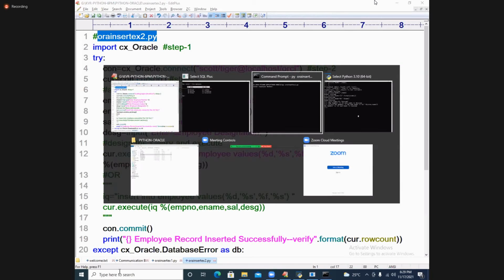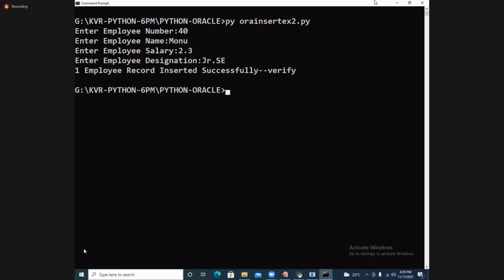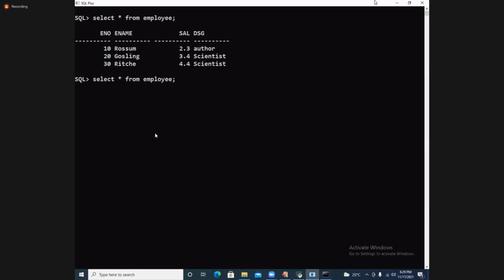Enter the employee number: 40. Name: Mono. Salary: something like 2.3. Enter the employee designation: Junior SE. Done. So see that one employee record inserted successfully. Verify, go to the Oracle database. See that data is inserted.